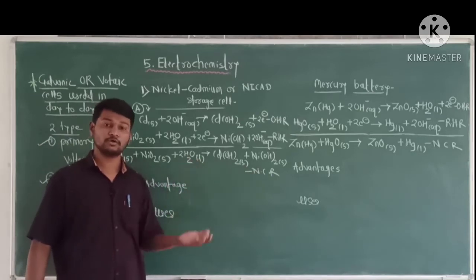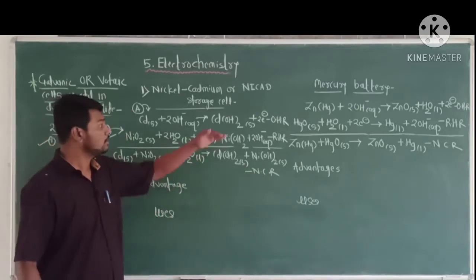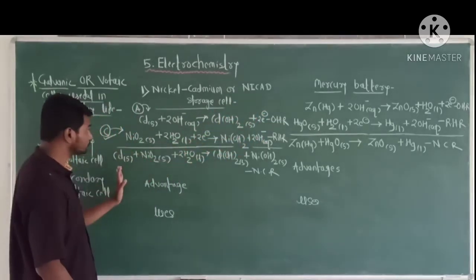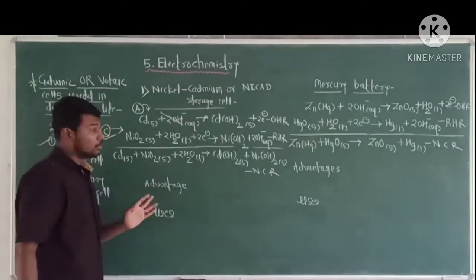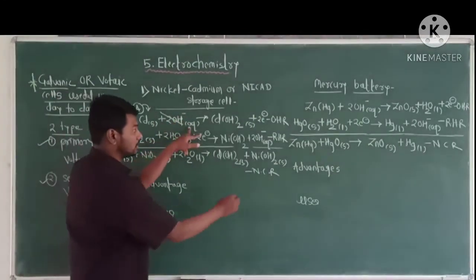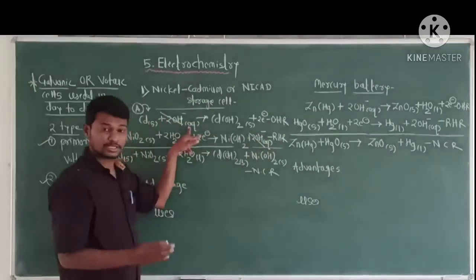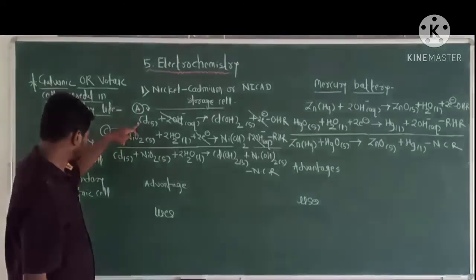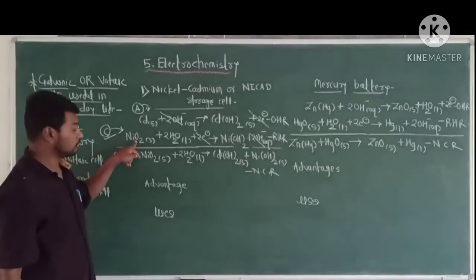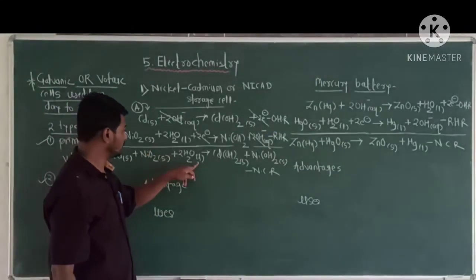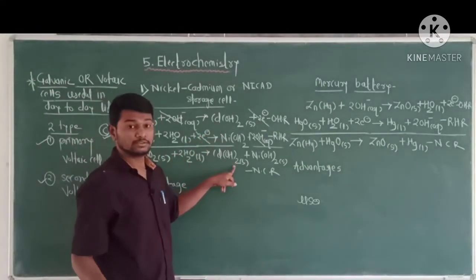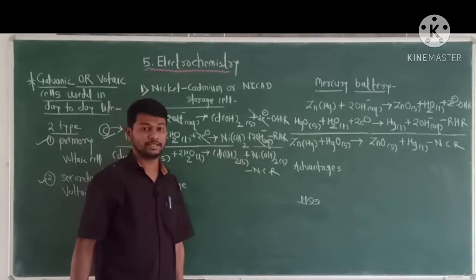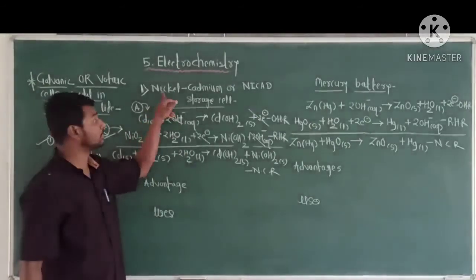The net cell reaction, or overall cell reaction or redox reaction, is the sum of the oxidation half reaction and reduction half reaction. Here, twice OH minus aqueous and twice OH minus aqueous get cancelled, 2 electrons and 2 electrons get cancelled. Cd solid plus NiO2 solid plus twice H2O liquid gives Cd(OH)2 solid plus Ni(OH)2 solid. This is the net cell reaction occurring in a nickel cadmium cell.